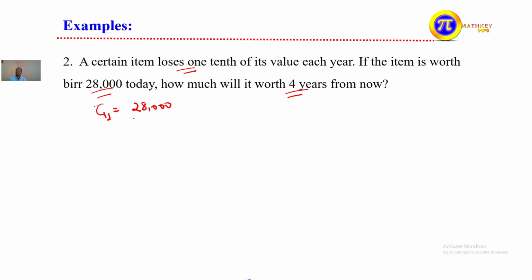So the first one, let's say g1, is equal to 28,000 birr, and next year it loses one tenth, so what is g2? It is g1 minus one tenth of g1, which is 2,800, but the next